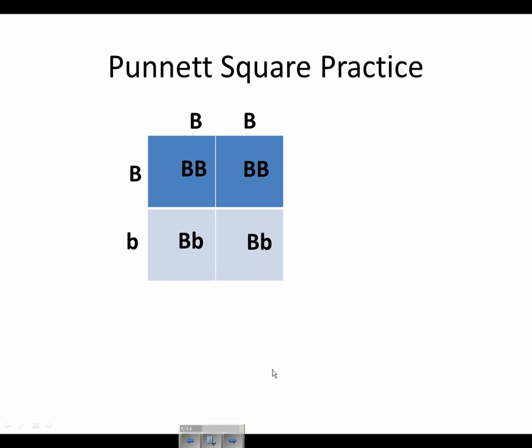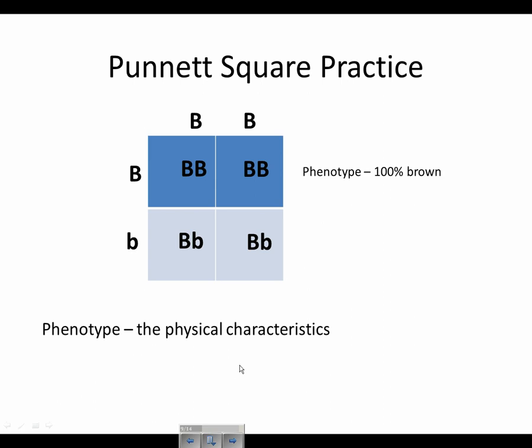If we look at this a little closer then, we could talk about the genotype and phenotype. The phenotype is going to be the physical characteristics that you actually see. So if we said that the B stood for brown fur, so brown fur was dominant over, I don't know, we'll just say that little b is white fur. The physical characteristics here would describe just that, the color of the fur. The phenotype here would be 100% brown because of all the dominant alleles are going to be present in each